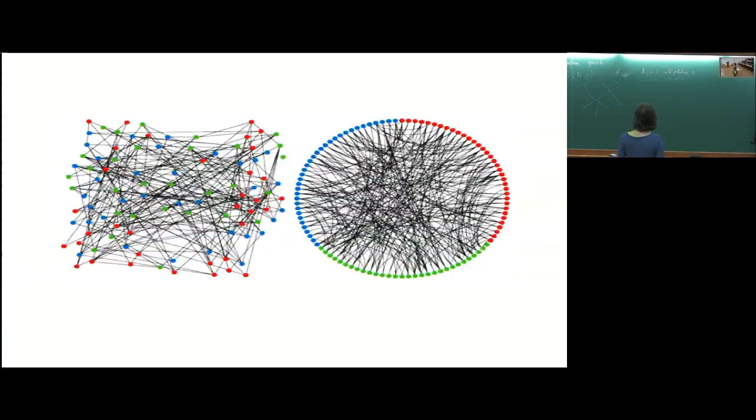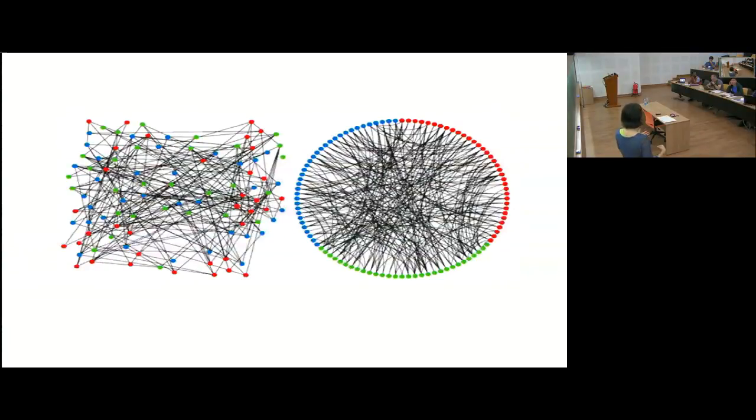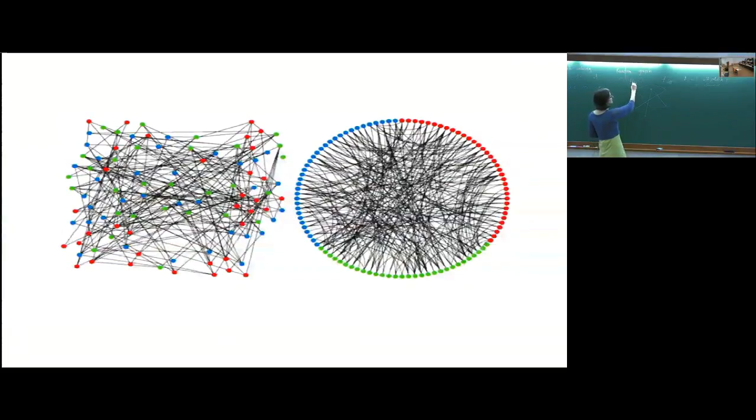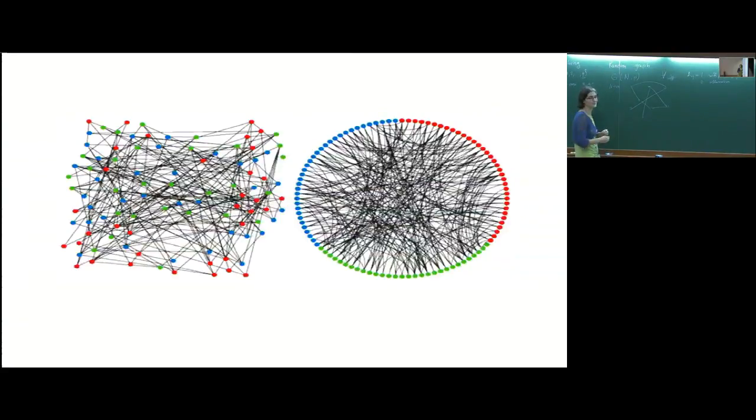First of all, Q is the number of colors we have. We will be looking at the case where the number of colors is some fixed number, say 3 or 10, but some fixed number. It's not growing when n is growing, whereas the size of the graph will be growing, right? That will be our thermodynamic limit. We will basically build a statistical physics model on that graph, so this will be our thermodynamic limit.